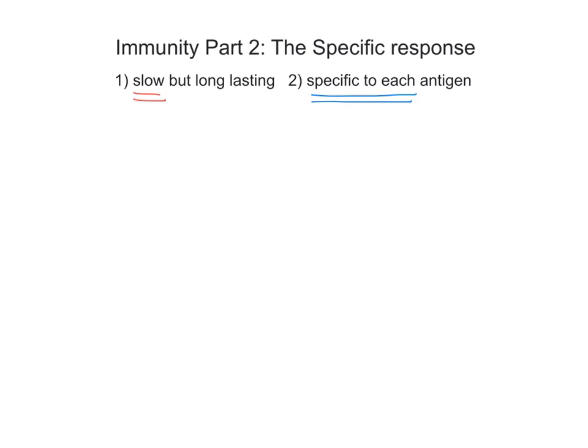Now the first thing we need to do is define the word antigen, just so that we're all clear on what it is that we're referring to. So an antigen is actually defined as a chemical molecule that stimulates an immune response. So I'll just make a note of that at the top here. So an antigen, simply a chemical molecule that triggers